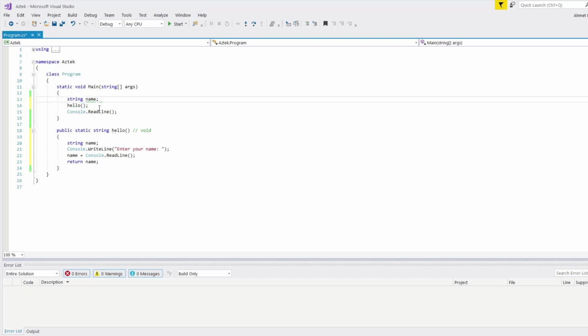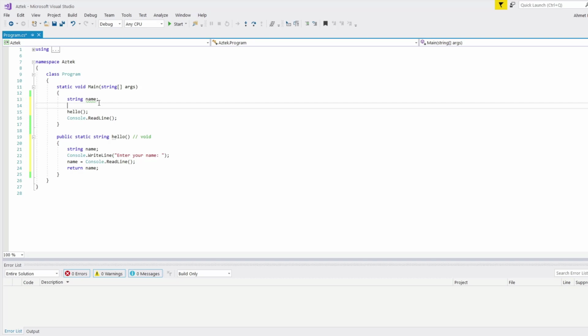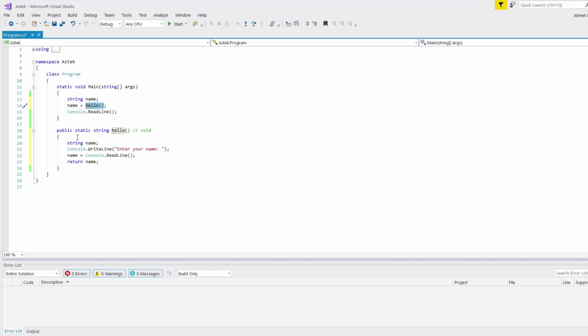If I just come here and assign my name variable in my method to this hello method call, what it's going to do is call my hello method, take the name input, then return that name to this call, guys. So what is going to be the value of this hello? Technically it's going to be the value of this name, and I'm going to assign that name to my name